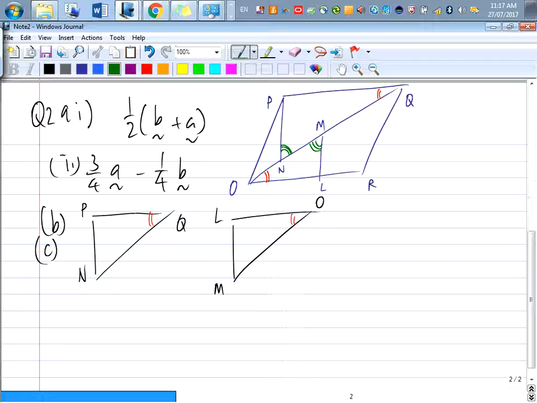We can, right? As long as we prove that they are the same, then I would have proven that the two triangles are similar. So these are the two angles. Now, the question is, how do we prove that they are the same then? Do they look like alternate angles also? Yes, they look like alternate angles. But are they parallel lines? How do you know? In the earlier part, you have proven that